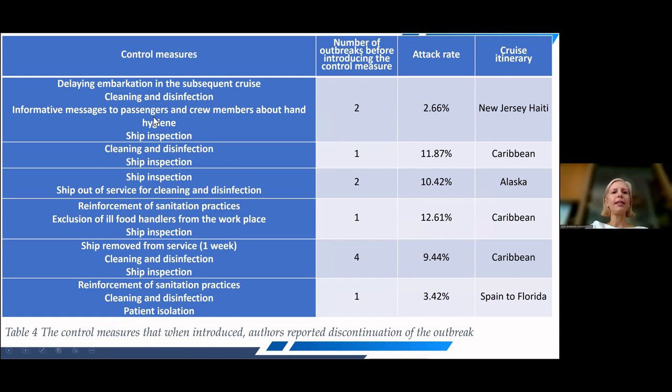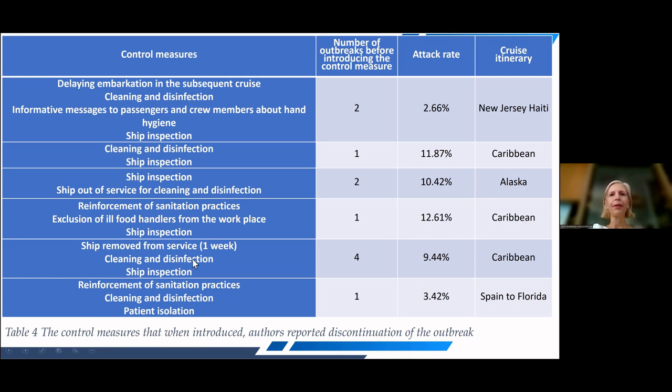Here we summarize the control measures that, when introduced, the authors reported discontinuation of the outbreak. So these are the set of measures that were reported by the authors. And here we can see that in 4 outbreaks, the ship was removed from service for 1 week, with cleaning and disinfection and ship inspection. After implementing these measures, in addition, of course, to the routine measures that are implemented,